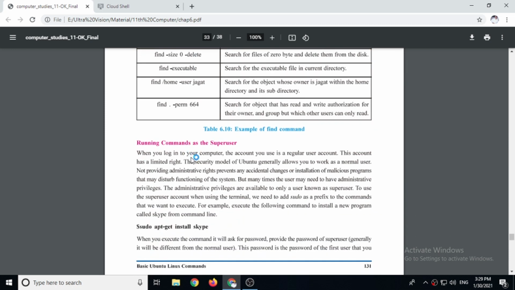Now the last portion in this chapter: running commands as the super user. In an operating system there are two types of users. One is known as administrator and the others are normal users. The administrator user has all the permissions.